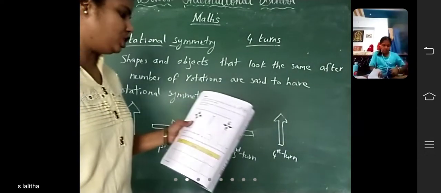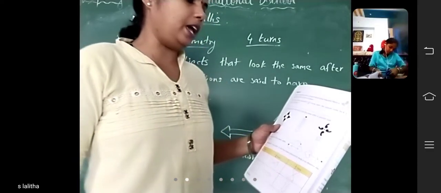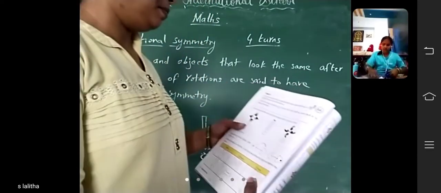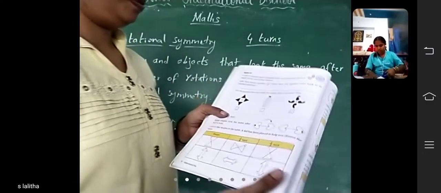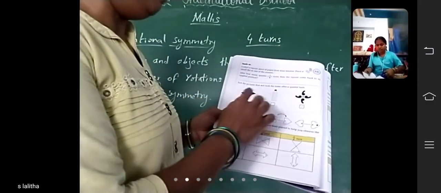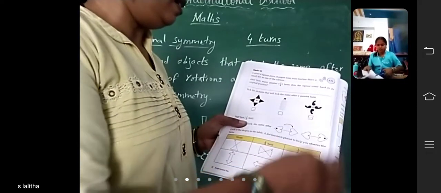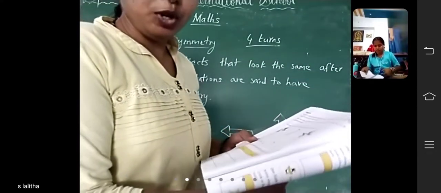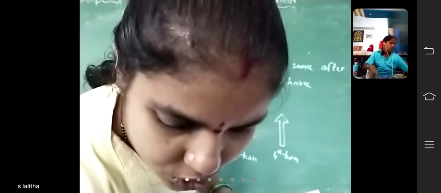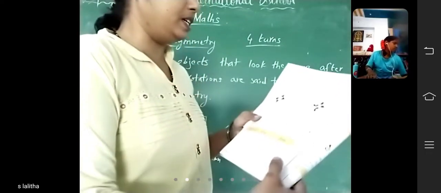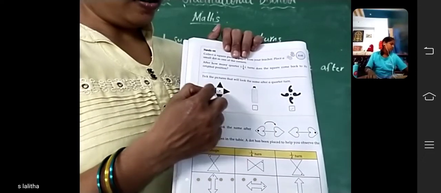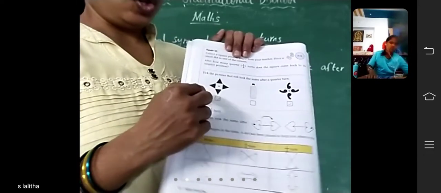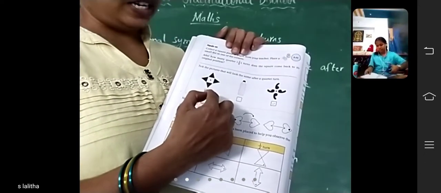Next, take the pictures that will look the same after a quarter turn. You have to take the pictures. See here, some shapes are given here. So, which shape will come to the original position after 1/4 turn? See here. Here 4 sides are there. So, it is 1/4 turn.